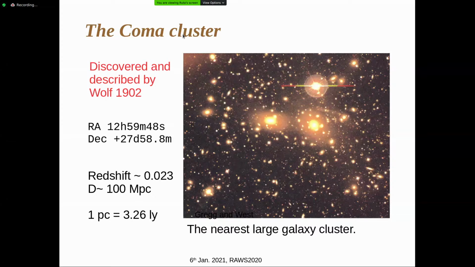As I said, these were first identified as optical overdensities of objects detected in optical images of the sky. In fact, this was already noticed way back in 1902, and this was the first galaxy cluster to be identified, which was named the Coma cluster. This is the most massive nearby cluster, at a distance of about 100 megaparsec from us. As you can see, this is an optical image of this galaxy cluster, and it shows the presence of very bright elliptical galaxies mainly, and lots of other smaller galaxies as well.